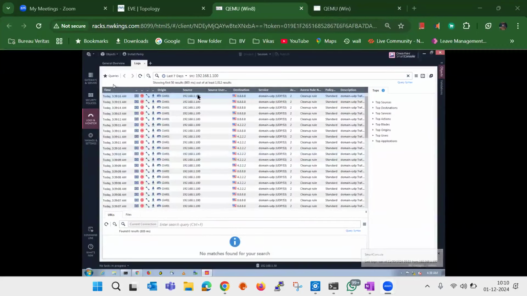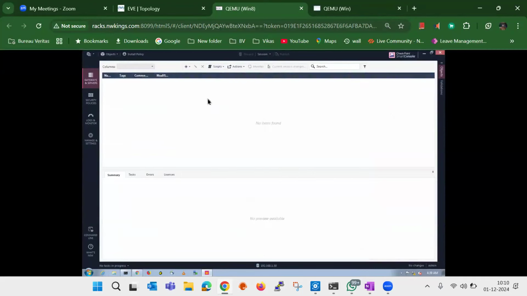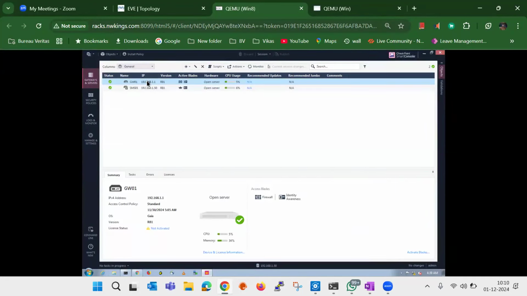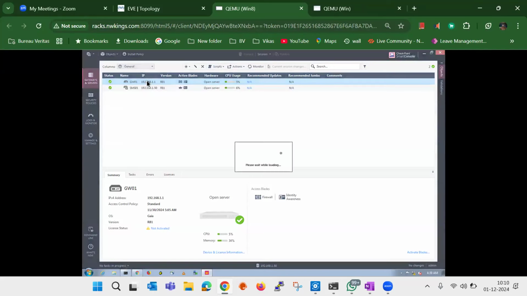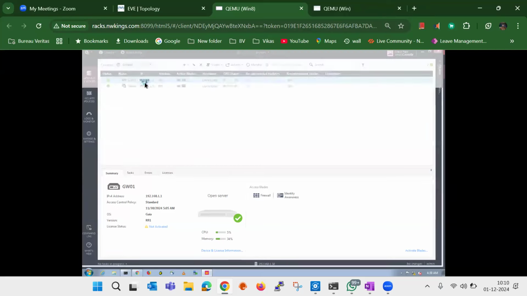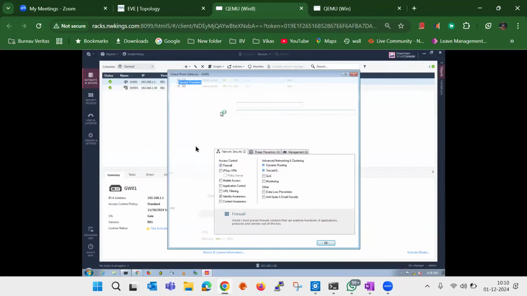Now to do the configuration of remote access VPN, first of all, we need to enable the blades for the remote access VPN, right? So I'll go to my gateway and double click on it. Okay, here it is. I will enable the IPsec VPN,